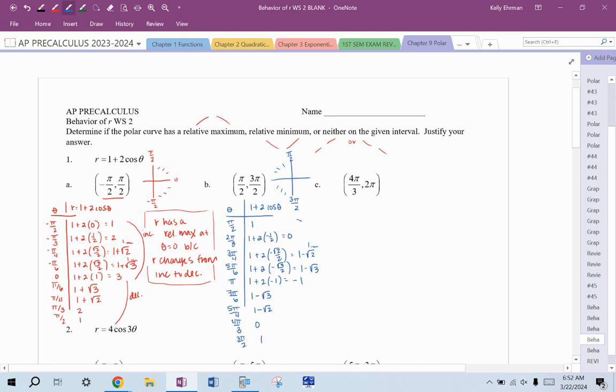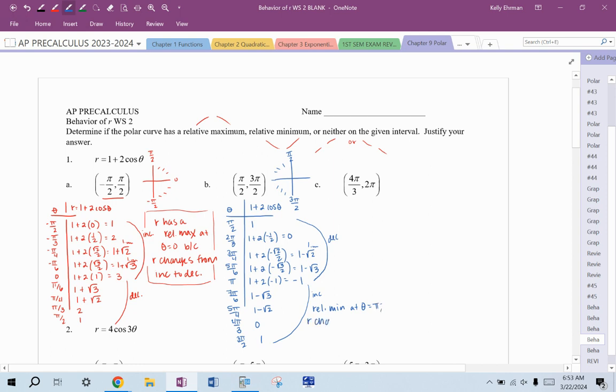So this time we're going from decreasing. The lowest negative number is negative 1. And then we start going back to negative 0 point something, negative 0 point something, 0, 1. So decreasing and then increasing. If you're decreasing and then increasing, there's a relative minimum. So I'm going to squeeze this in down here. Relative minimum at theta equals pi,